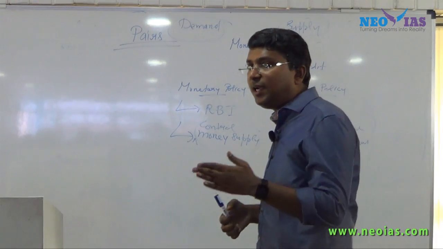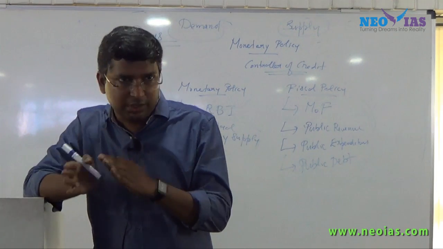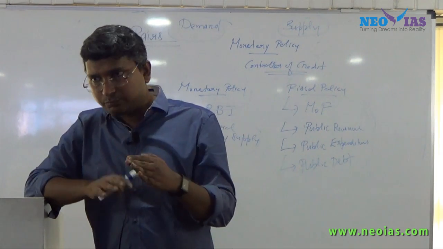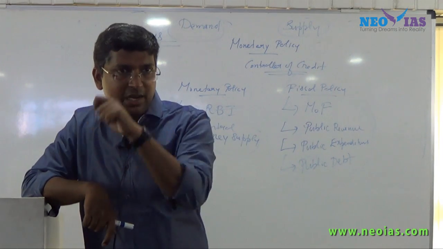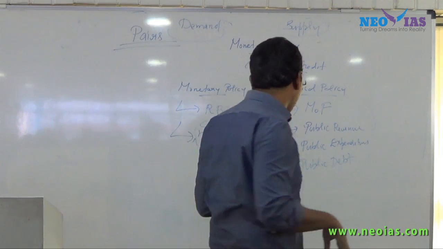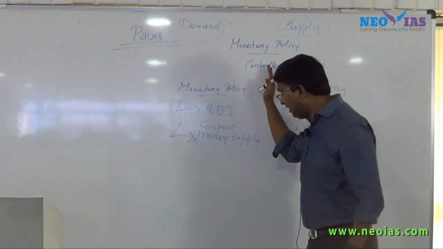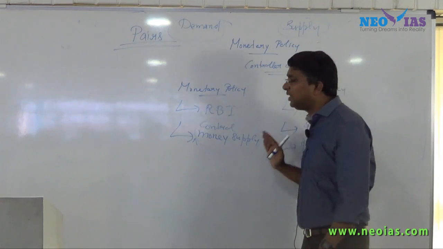If it is a supply related problem, the government has to intervene and do it effectively, then the RBI has to support it. Similarly, when the RBI is trying to control demand, if it is a demand related problem, the government has to support it. Just have an idea regarding fiscal policy and monetary policy. Once you are very clear with what all constitutes monetary instruments and what all constitutes fiscal policy, you can